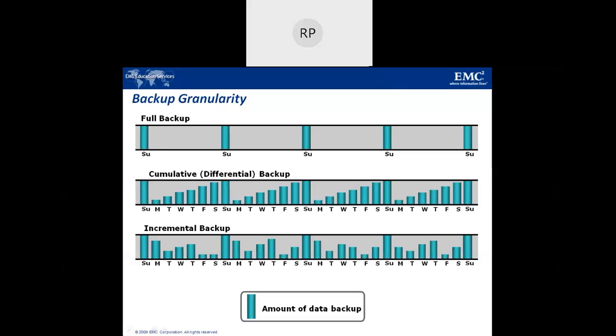Now, what is the difference between full backup and cumulative backup? For example, on every Sunday you are going to take a backup. If your system fails on a Saturday, you are going to lose the data from Monday to Saturday because it is not backed up. You have taken the backup on Sunday, and on the next Saturday the system has failed, which means you have lost the data of Monday to Saturday. That's why the full backup is not